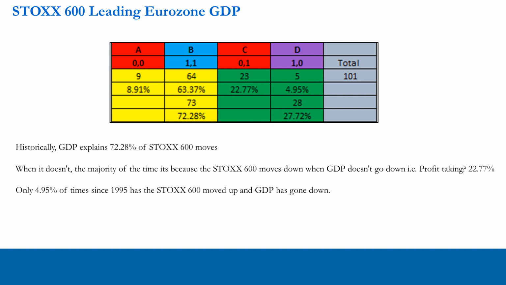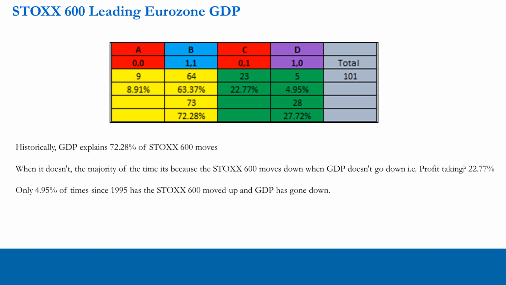And then for a quarter, it goes down when GDP growth is reported up. So this can't be explained by fundamentals. This is more of a technical situation in one of those specific quarters. So we attribute this to profit taking.